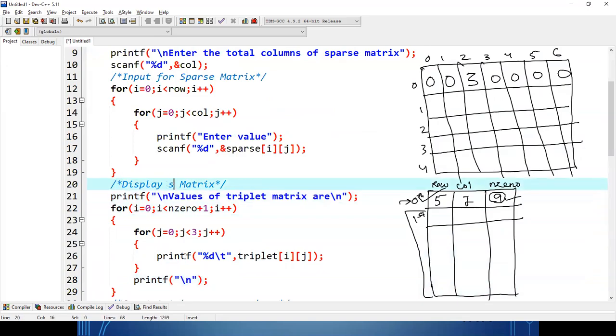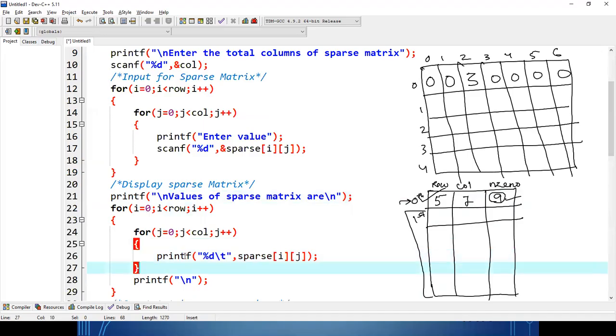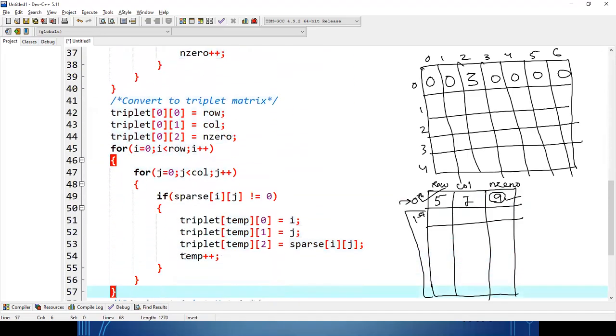Display sparse matrix: the values of the sparse matrix are this one, but here it is row, here it is column, and here it will be sparse. Okay, done.